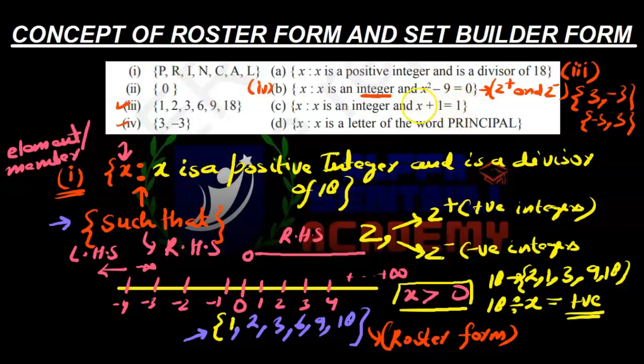It means that whatever number you are choosing, that is x, and if you add 1 to that, you must get an answer equal to 1. There is only one number satisfying this equation, so the answer is the second option. Because 0 is such a number, if you add 1 to 0, then only you get 1. Otherwise, let us suppose I take minus 1. Minus 1 plus 1 is equal to 0. Again, the equation will not be satisfied.